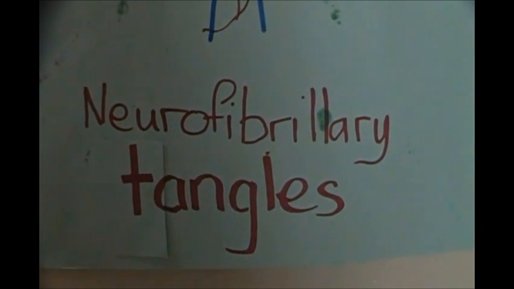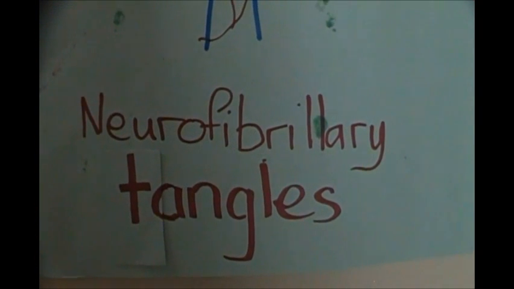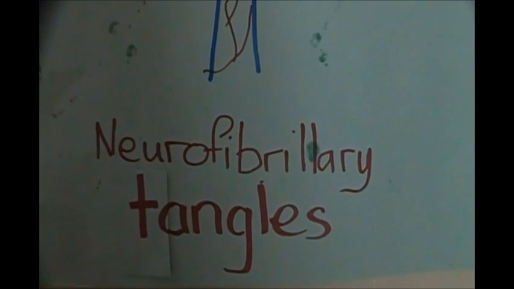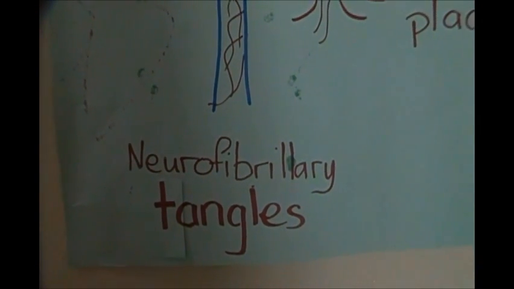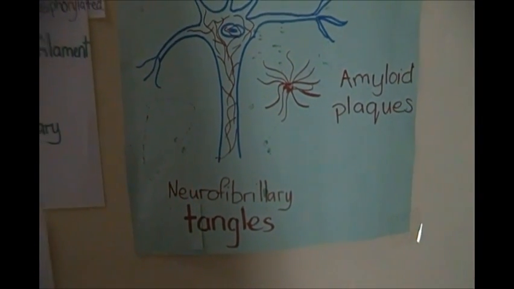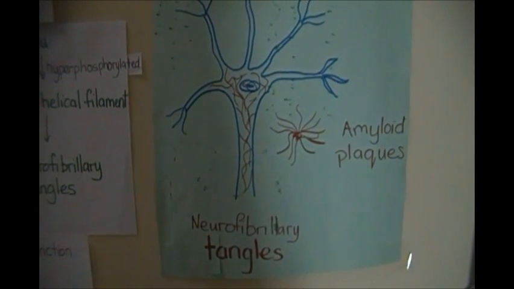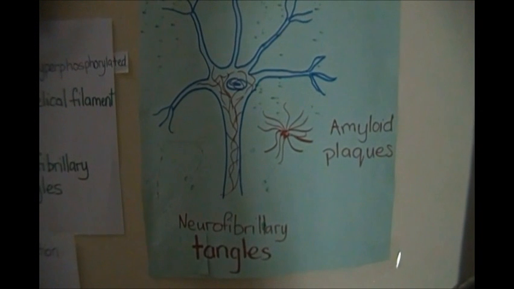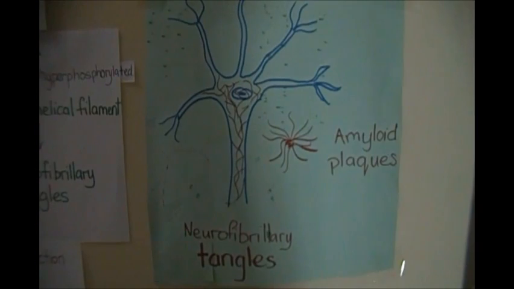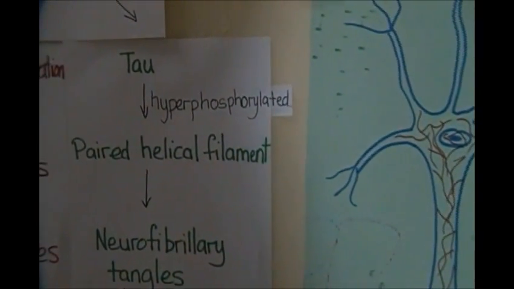The second major finding in the Alzheimer's brain are neurofibrillary tangles. Neurofibrillary tangles are composed of a protein called tau. Tau proteins play a crucial role in the structure of the neuron. Neurons possess cytoskeletons which comprise microtubules. These microtubules aid in guiding the transport of nutrients and molecules from the body of the cell to the axon and then back. The protein mentioned, tau, stabilizes the microtubules when phosphorylated and hence is called